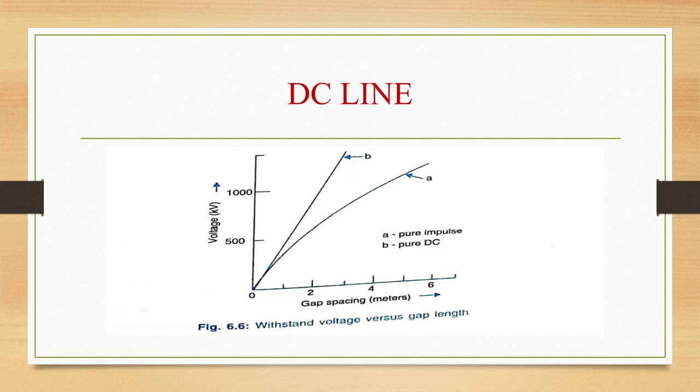Flashovers are caused by lightning strokes which usually affect one pole of the bipolar line. Due to coupling between the two poles, overvoltages can occur in the healthy pole. Insulation design must take this into account and prevent consequential fault on the healthy pole.